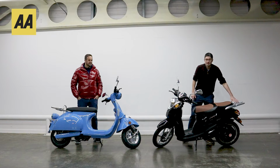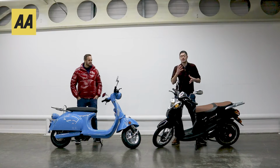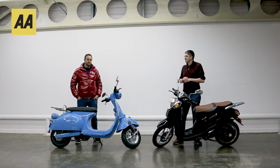I would definitely get the box on the back. You can order one of these with that box on the back, just to give you a little bit more storage, as well as the hooks just here on the front. I suppose then the big question after that, Paddy, I'm going to say that I would buy the second battery,